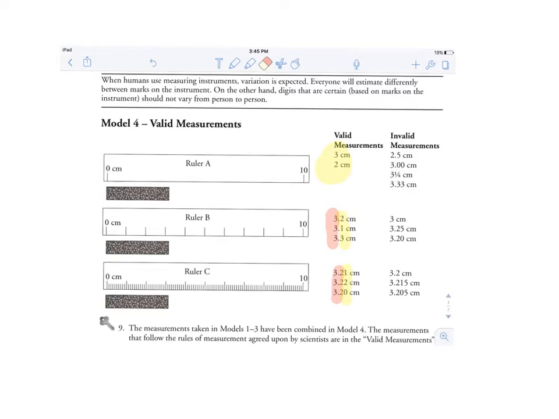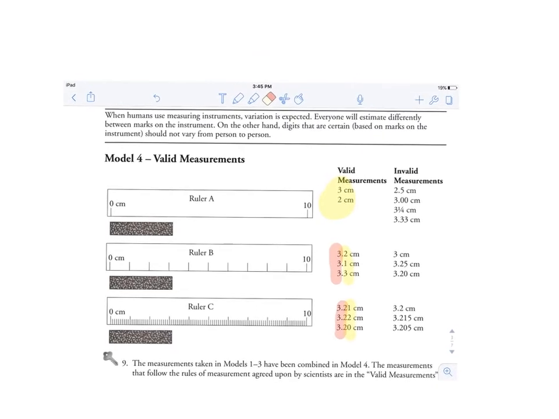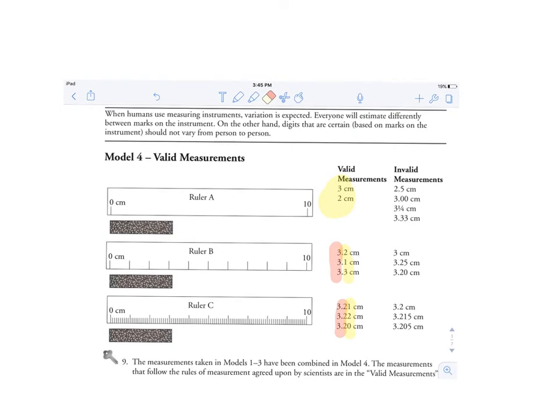Okay, so the biggest mistake I saw in the quiz was people forgetting to put 0.0 on something. So if I am exactly right here, I need to write 5.0. If I'm exactly here, 9.0. Okay, but if I am in between somewhere, so for example, if I'm perfectly halfway here, this would be 6.5. So if your ruler has a whole number, plus it has space in between those where you can estimate, we